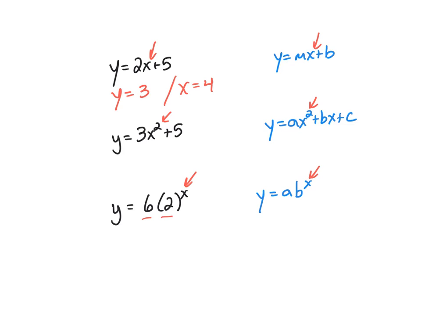So again, to wrap things up, we have a linear equation, which is y equals mx plus b. We have quadratic, which we have that x squared. And we have exponential, which we have a